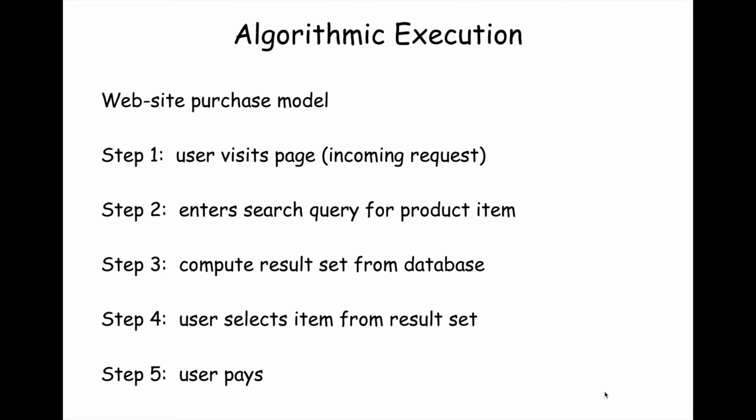You get a result set. So your search query, you hit enter, that goes to the database, and it looks up product items that match that description and comes back with a result set. That result set computation from the database, querying for items that match a certain description, is going to take some amount of time, and that too is stochastic. And then you get your result set, it's rendered on your screen, you select something. The time it takes you to scroll through the result set of matching product items and then select is going to take some amount of time, so that is also stochastic. And then, of course, you finish up the process and you pay for the item. That's going to take some amount of time and is also stochastic.